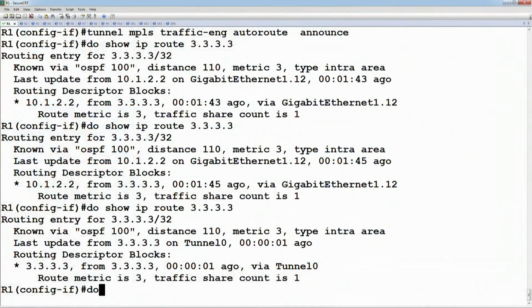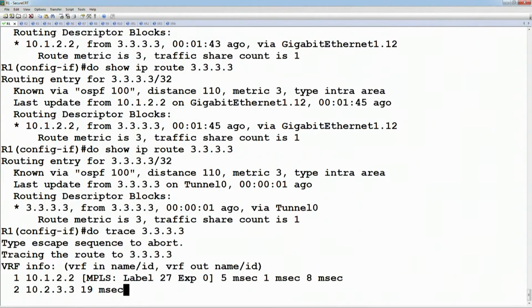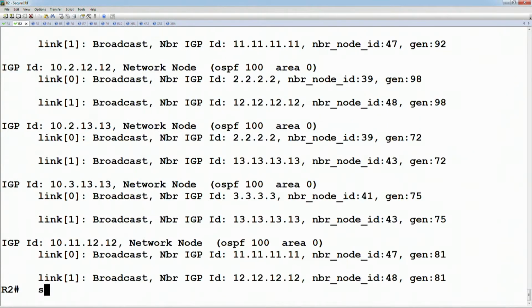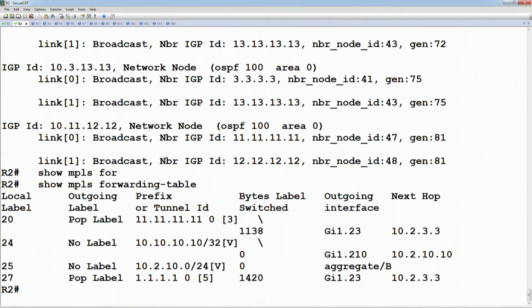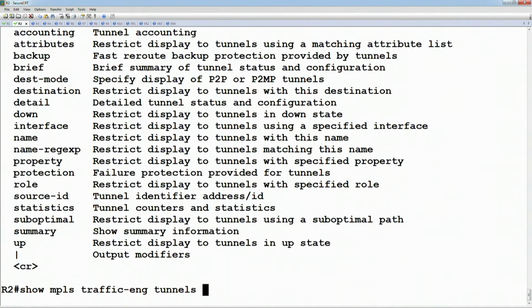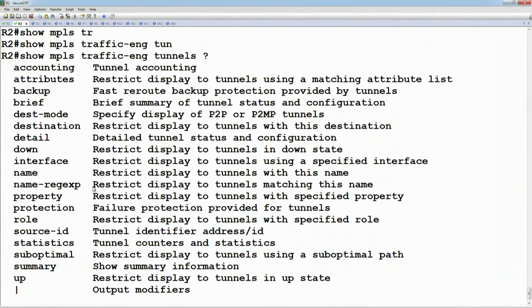So if we now do a trace to 3333, we're using label number 27, which, if we go to router 2, who is that next hop, and look at the show MPLS forwarding table, we should see that from 1, not to 1, so from 1, this is the midpoint of the tunnel. And if we look at the show MPLS traffic engineering tunnels,